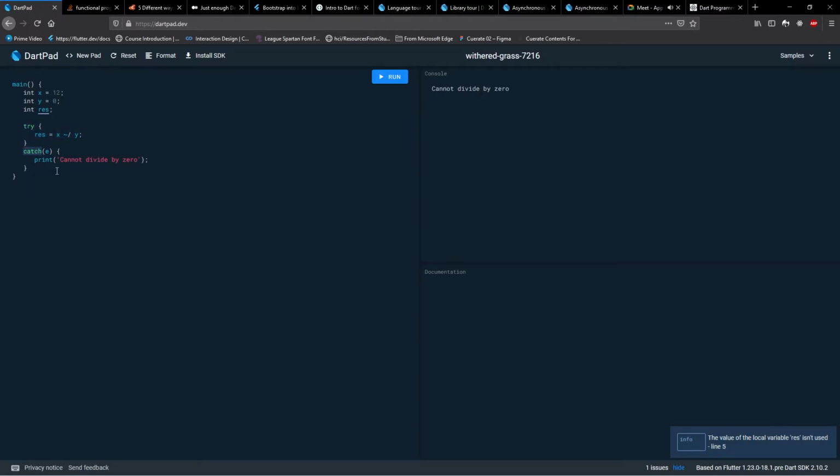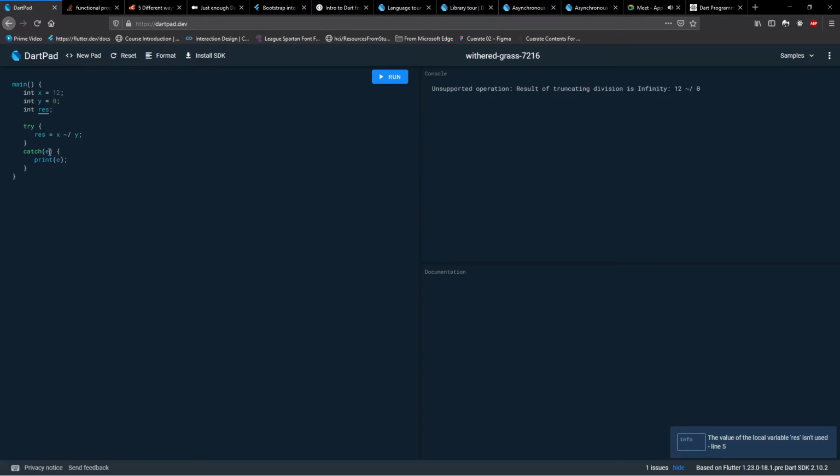What catch does is it catches that error and it tries to do something. This is something called error handling. So you're going to catch that error and you're going to do something with that error. So let's see what exact error that we got. We got catch E, right? Now let's print E over here. When we hit run, unsupported operation, result of truncating division is infinity. Alright, so that is our error.